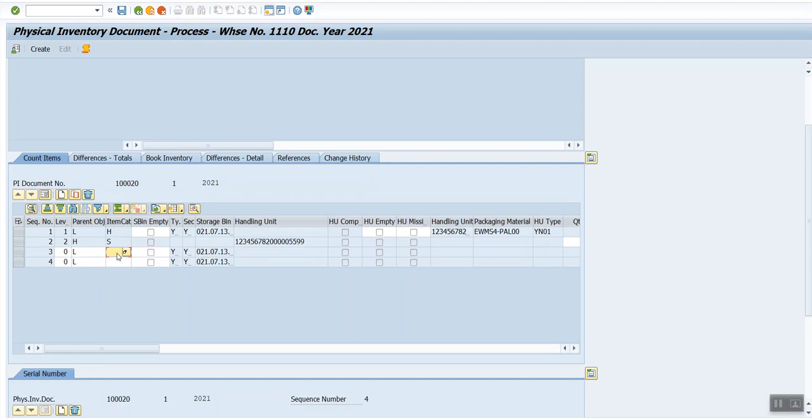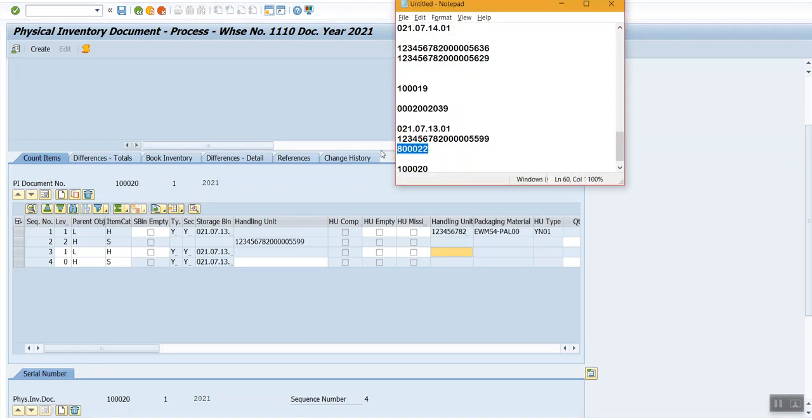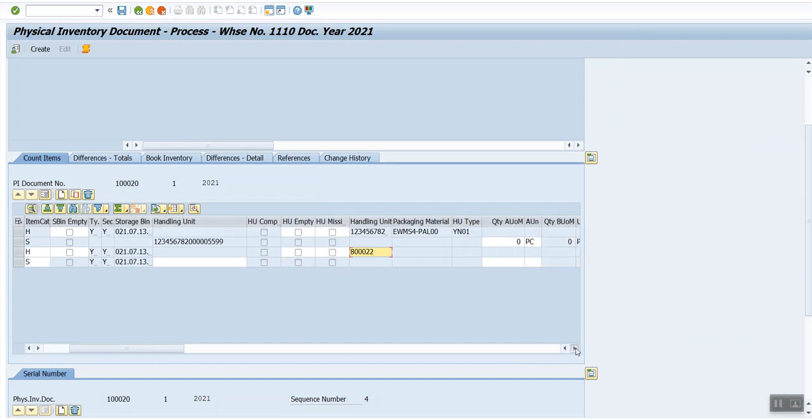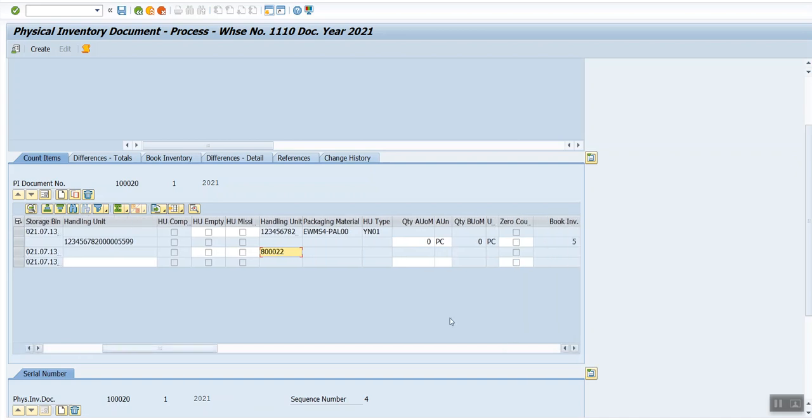So L H, and this is H S, press enter, so that you will see these fields are enabled. Okay, you see the handling unit is enabled, so add this handling unit, and for the remaining information you can follow the above line and make it the same.